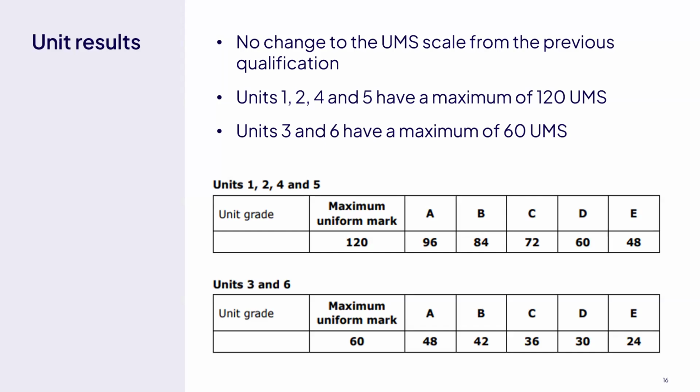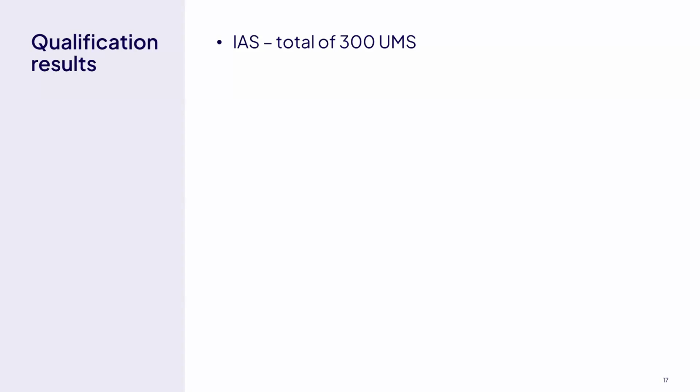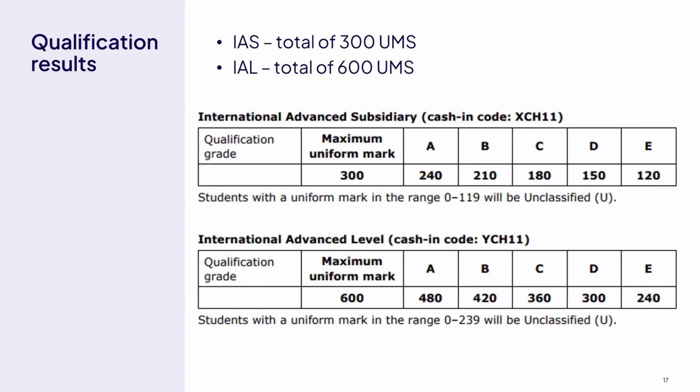So in order to get a grade A in Units 1, 2, 4, or 5, they have to get 96 uniform marks. In order to get a grade A in Units 3 and 6, they have to get 48 uniform marks. IAS has a total of 300 uniform marks. IAL, a total of 600 uniform marks. And that's the cash-in code